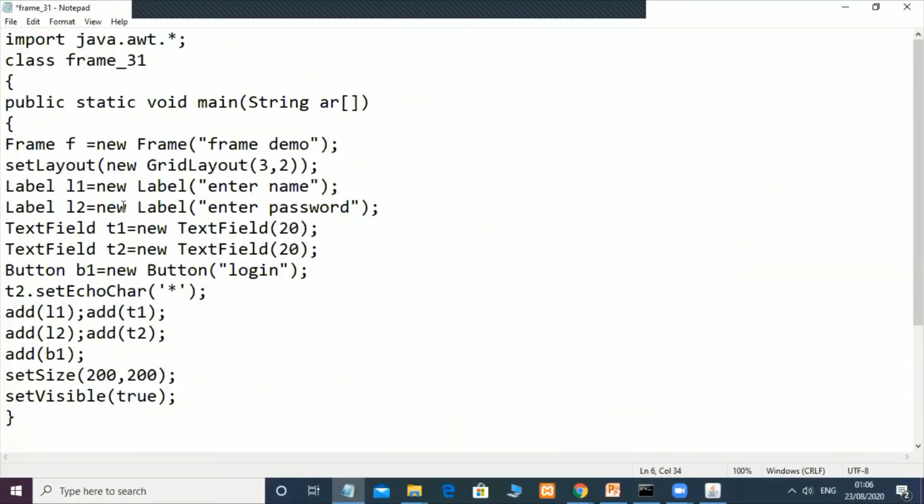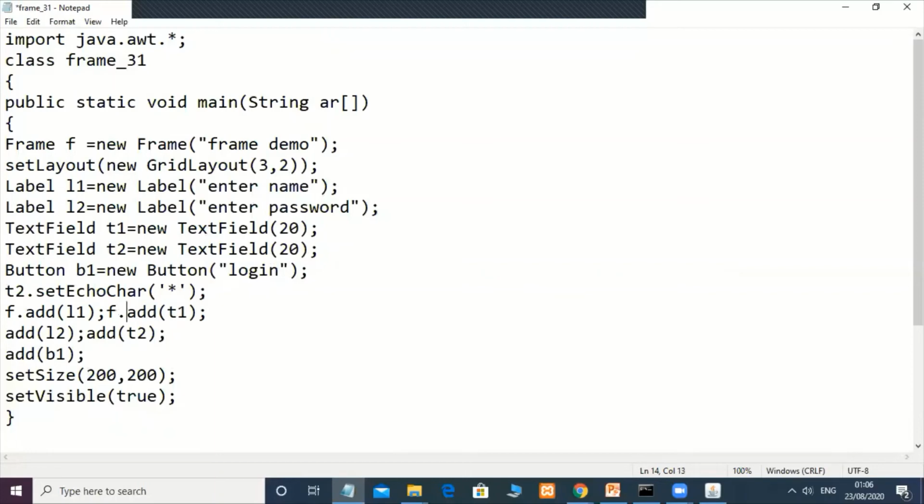Now the set layout we require will be the same, L1, L2, and set echo char. This is also for the login screen. But we cannot add components directly. How to add the component here? By using this frame object, we need to add all the components.